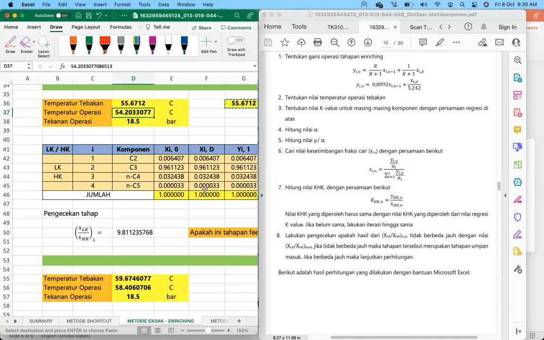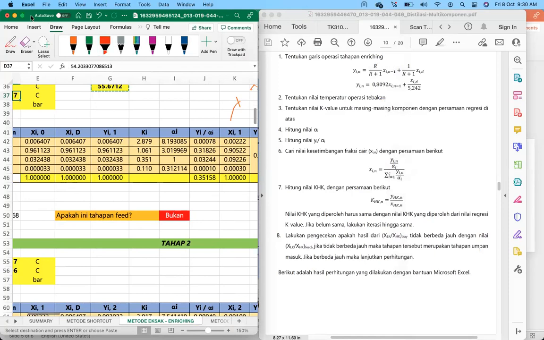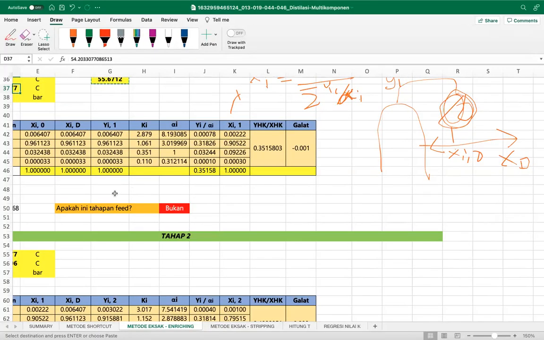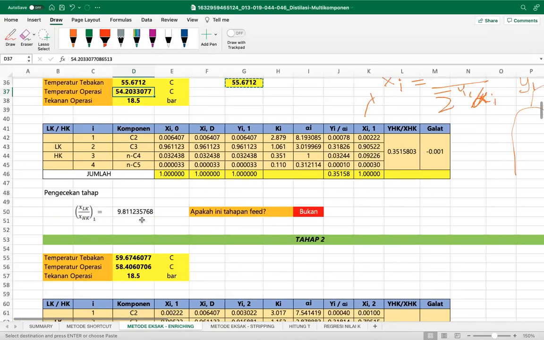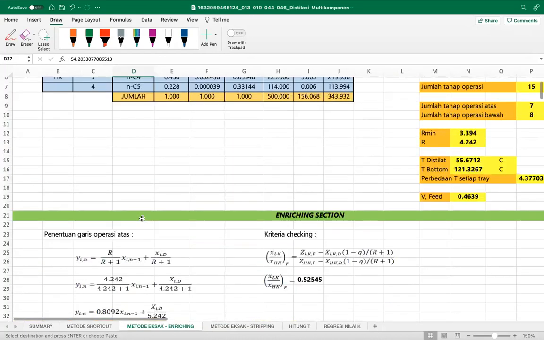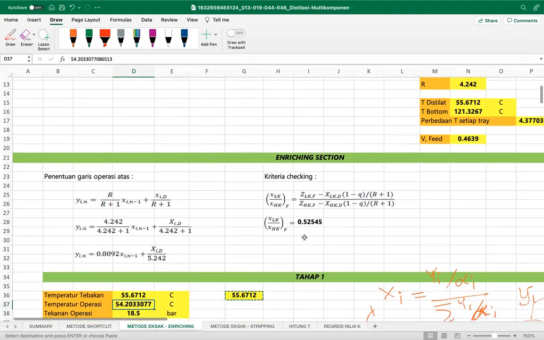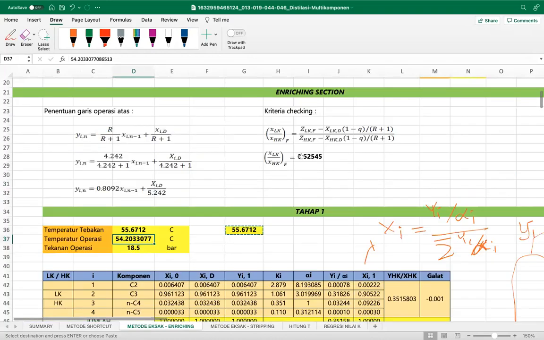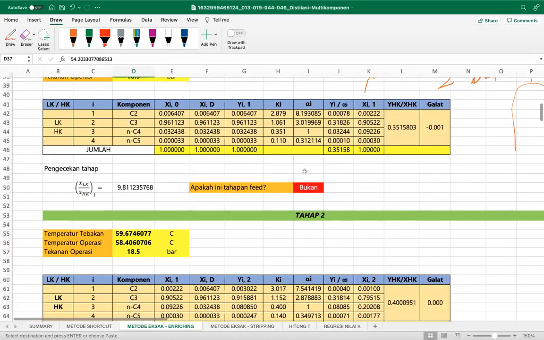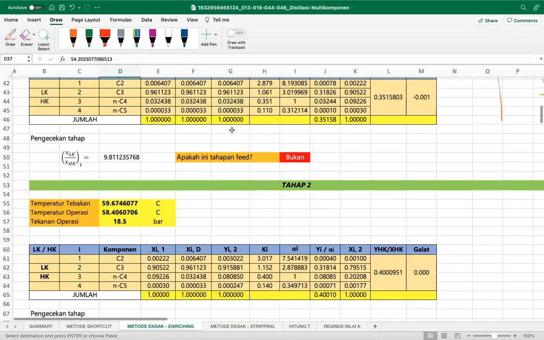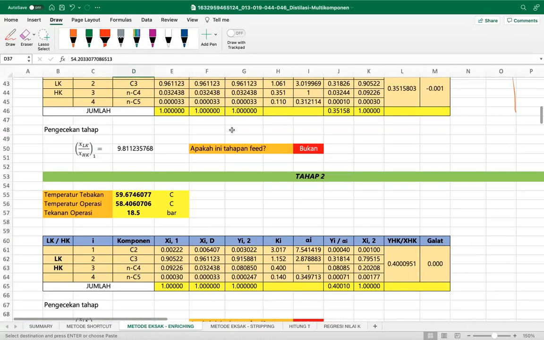So and then, wait, this one is in stage 1, and for the checking is this one. Yeah, this is the feed, because it is still much larger than the feed. Yeah, this is 0.2 for the feed, while in stage 1 it is still 9. So then it's not a feed, so we have to move on with the